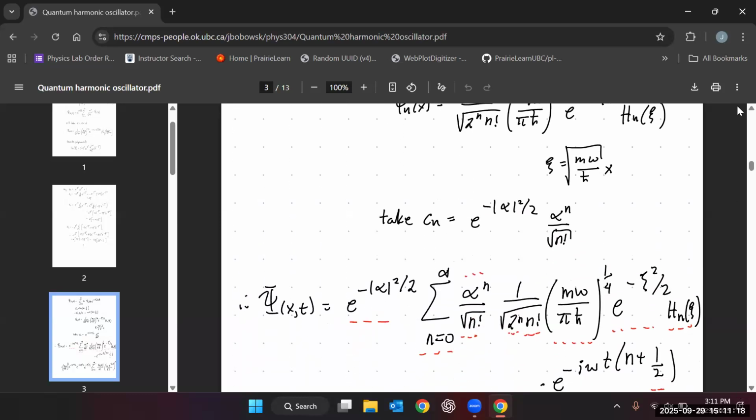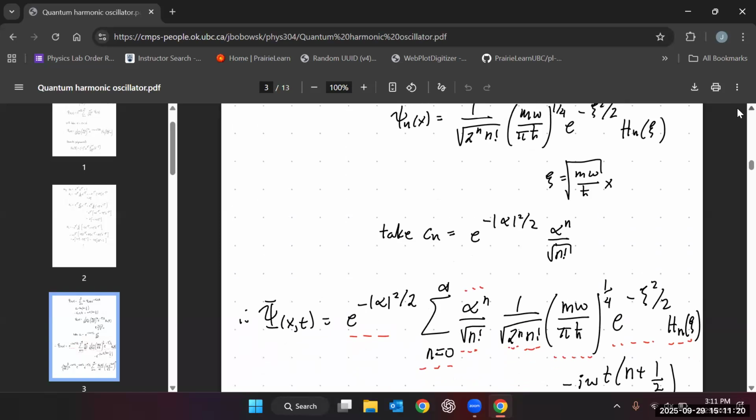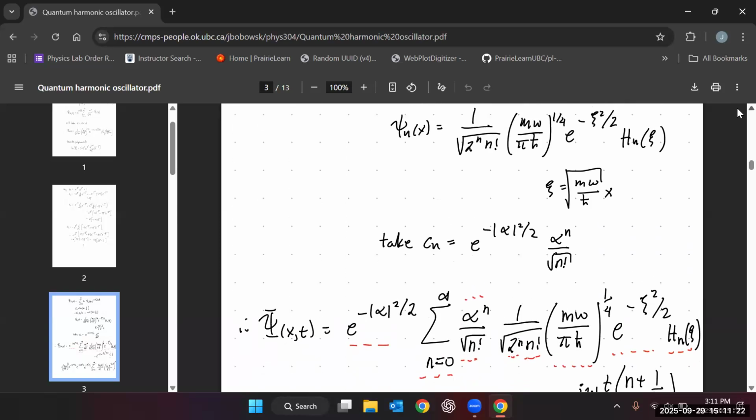Okay, so here, let's go back up. Here are our stationary states in terms of the Hermite polynomials. This is the Cn I'm going to choose. Remember, Cn squared gives the probability of finding your system in a state with energy En. And so if I was to square this and add them up for all n, those have to add up